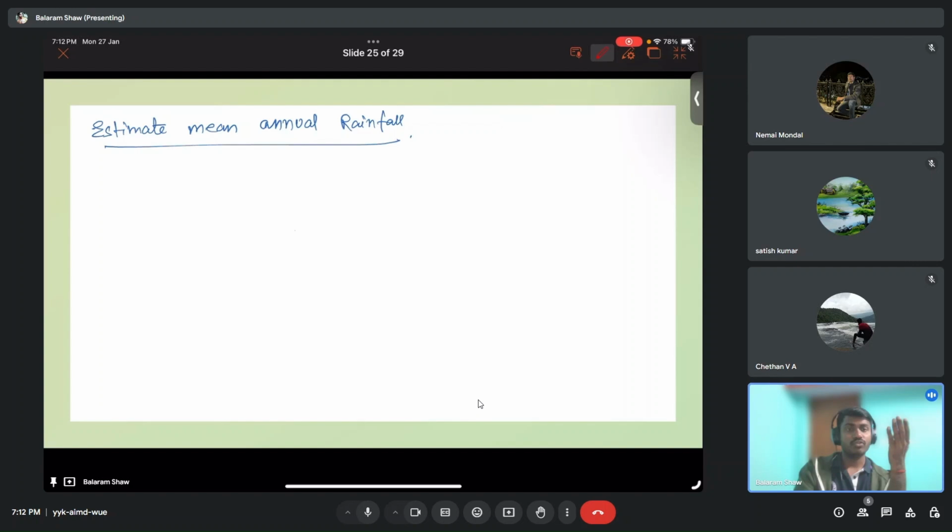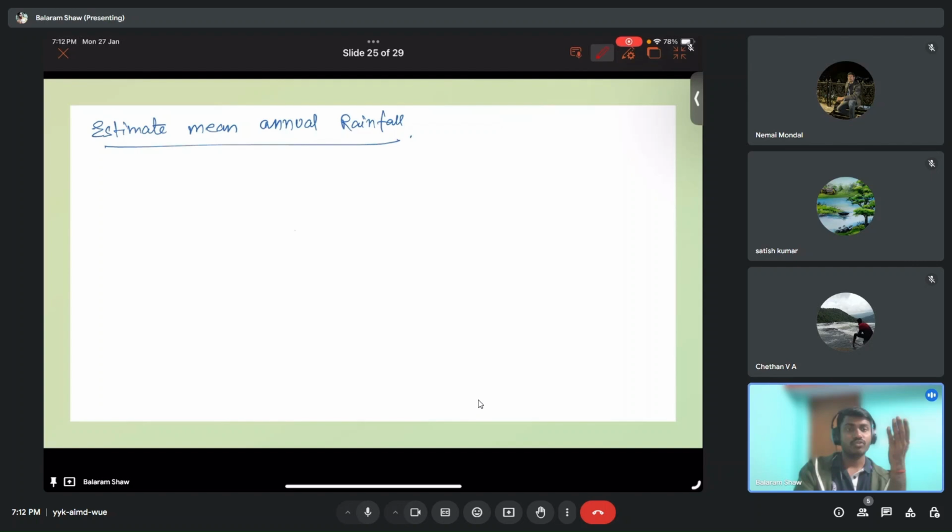Third is the isohyetal method, right? So in isohyetal method, what is an isohyet? An isohyet is the line joining the points of equal rainfall magnitude. Okay. So here also, let's say you have one basin like this. So you will have isohyets. Isohyets, as I said, are the lines joining equal amounts of rainfall magnitude. Okay. So let's say there are